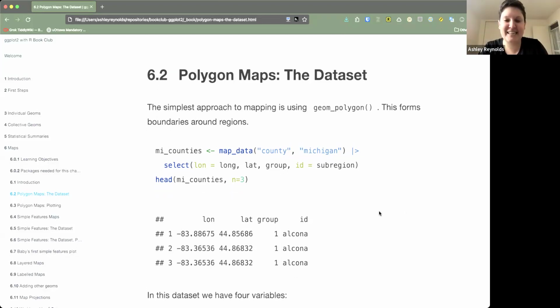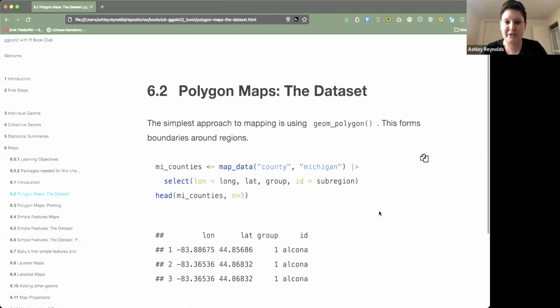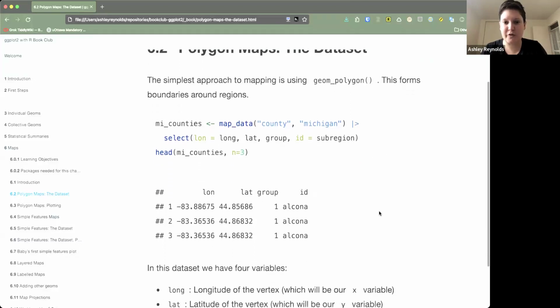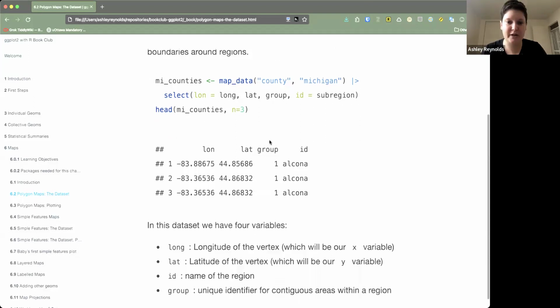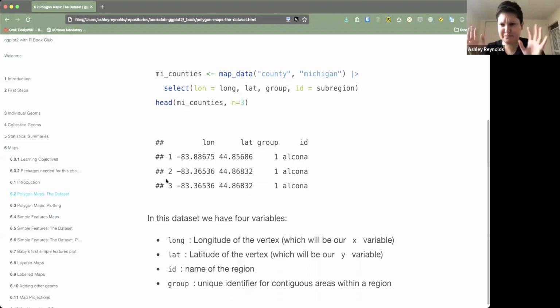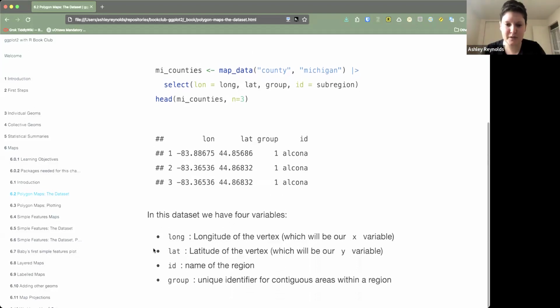We're looking at different counties in Michigan in this particular example. So we've got our map data, we extract out the counties in Michigan, do a little bit of data transformation, and we get this data set that essentially has a bunch of different points with the longitude and latitude, as well as some contextual information like the county name and what subregion they are a part of. So we've got longitude, which will be our X variable in a minute, latitude, which will be our Y variable in a minute. ID is the name of the region, and the group is a unique identifier for contiguous areas within a region,